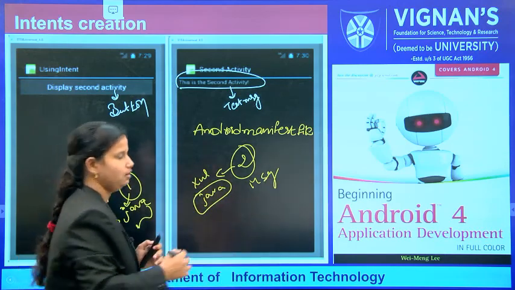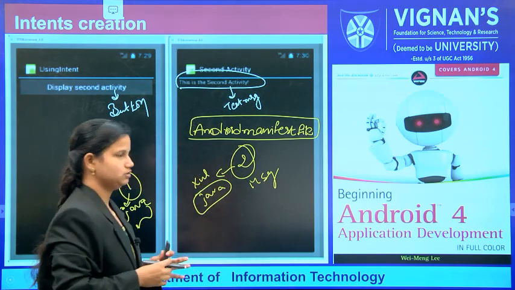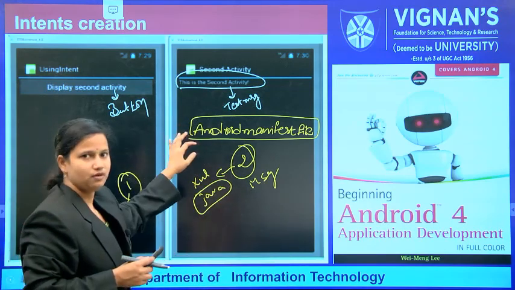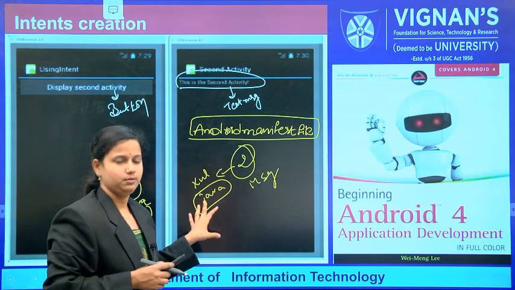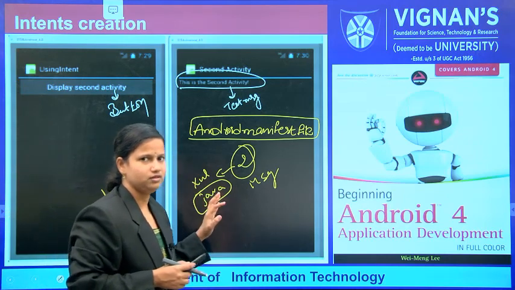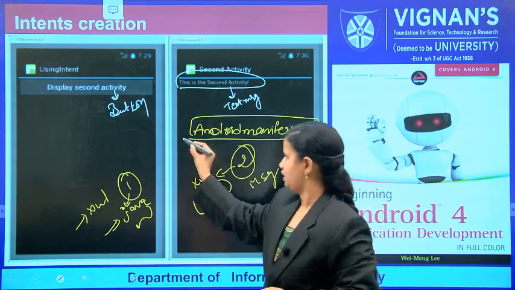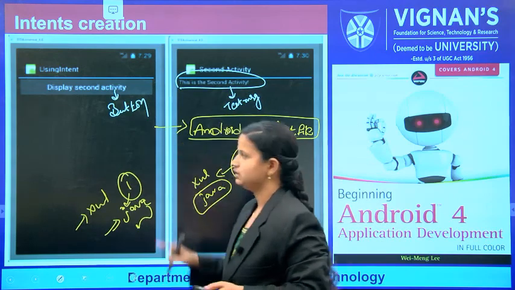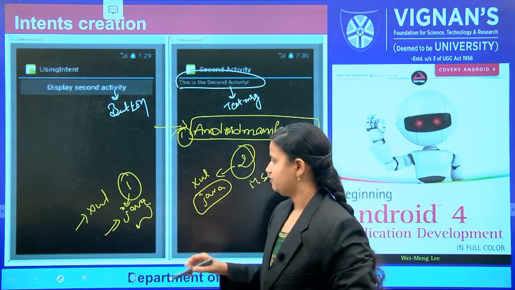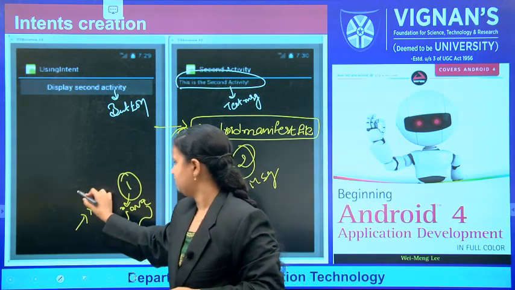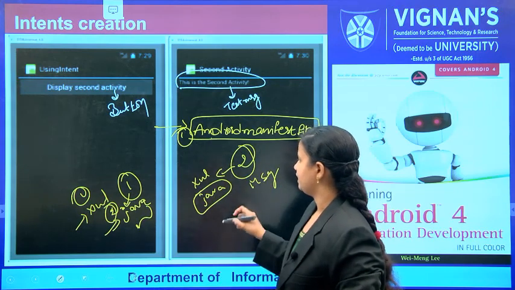It contains the whole structure of your application: the name of the application, and how many activities are present, all available in the form of XML. So first of all we have to see totally five different files. The first one is the Android manifest file, and the second file is regarding your activity, activity 1. Regarding your third activity, this is some.